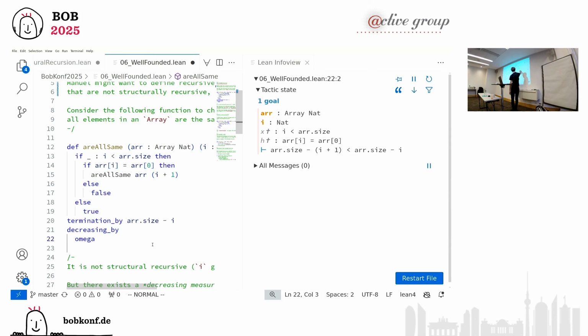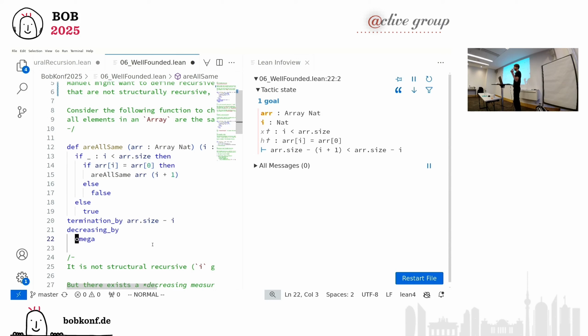And what is smaller? Well, it's still, again, our termination measure, but now with the argument of the recursive call, i plus 1. So this is what I just said would be the requirement for the measure to get smaller in the call. And this actually can be proven because very conveniently we have in the context the fact that i is actually smaller than the size. If this wouldn't be the case, then maybe this would already be 0, and then this would also be 0. Like the difference would be capped at 0, and it wouldn't get smaller. So it's very important to see here that i is less than the size of the array.